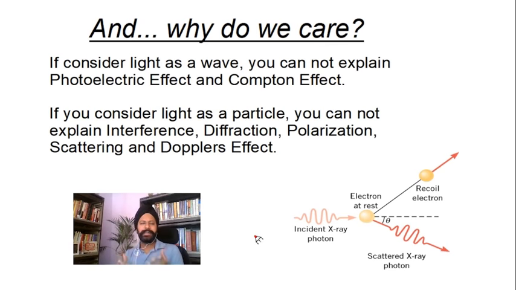But let's say you assume light is a wave, and we know how waves behave. So what is the intensity of a wave supposed to mean? What is the amplitude supposed to mean? So I sit down with pen and paper and say, okay, if I increase the intensity of the wave, this is what is going to happen with the photoelectric effect. If I change the color of the light, this is what should happen. And I list all of those. Then I go to the lab and perform the experiments. The results are completely opposite. It's not a little difference, it's completely opposite.